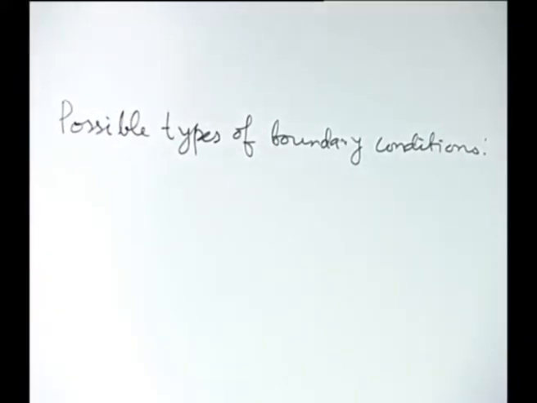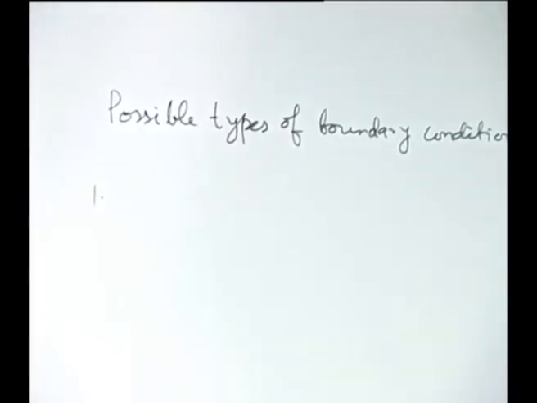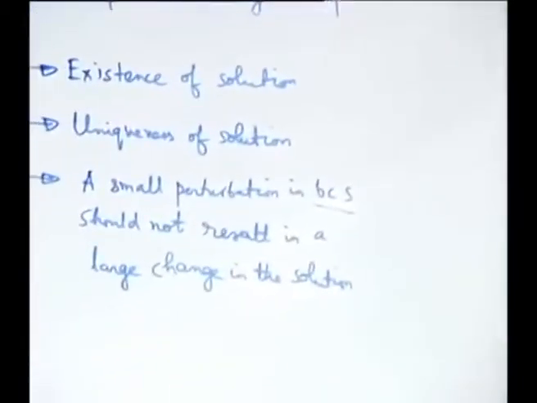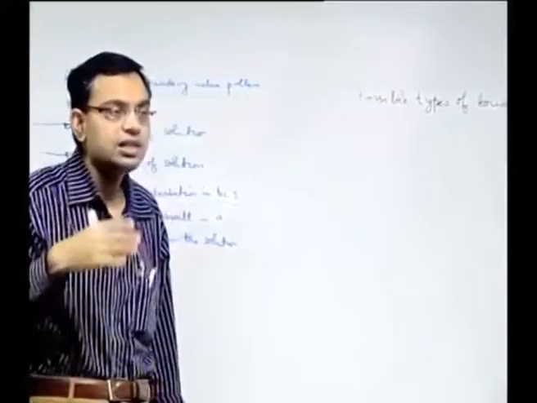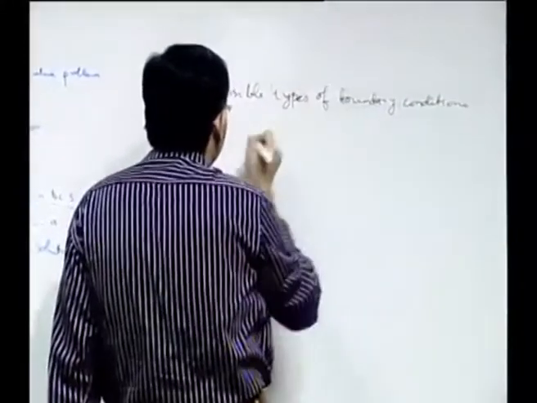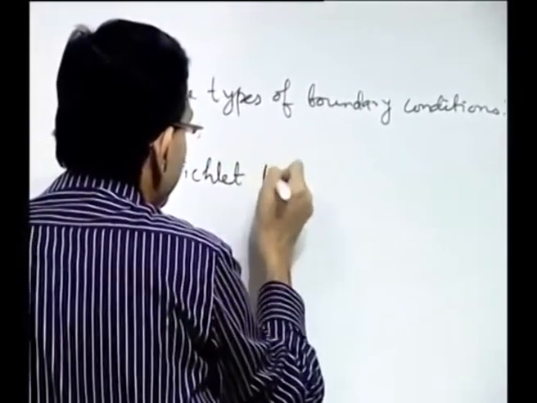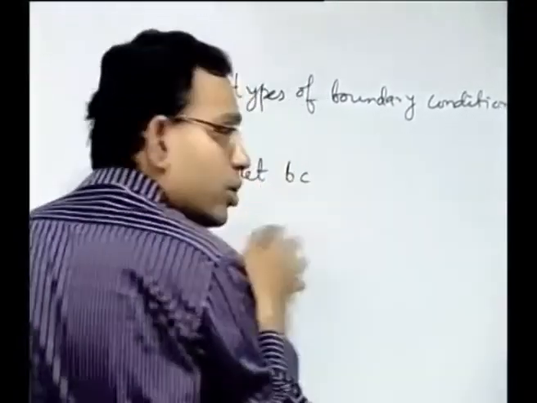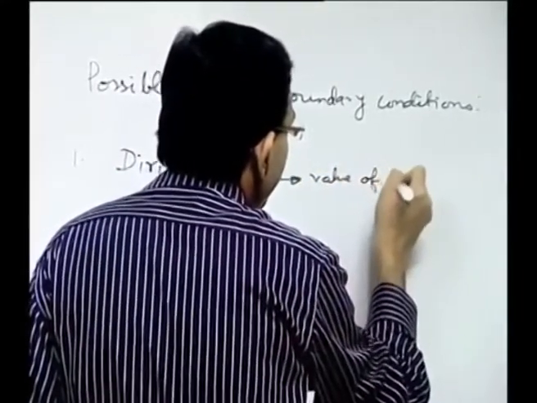Through the variational formulation we have come across two types of boundary conditions, but those are not the only two types, but let us first note down the two types. The first one is the boundary condition where value of the dependent variable is specified. So that in the variational formulation terminology we called as essential boundary condition, and in general we call it a Dirichlet boundary condition. This is equivalent to the essential boundary condition. This means value of the dependent variable is specified.